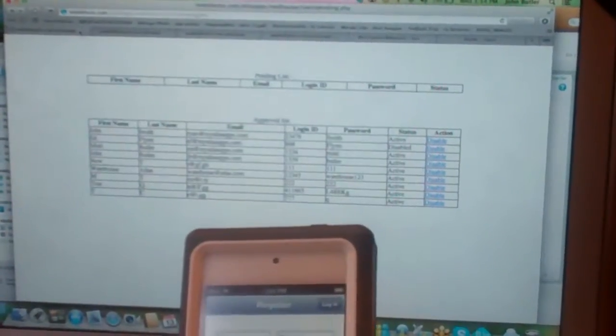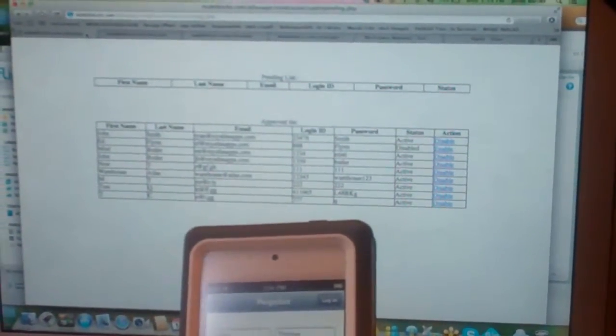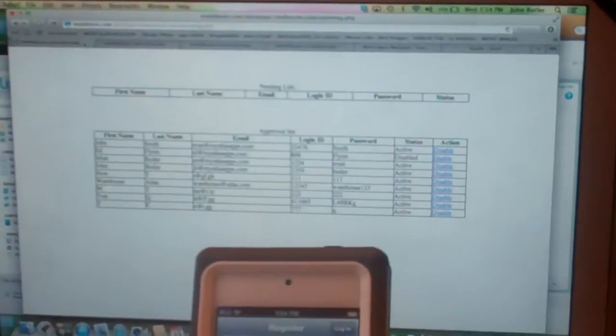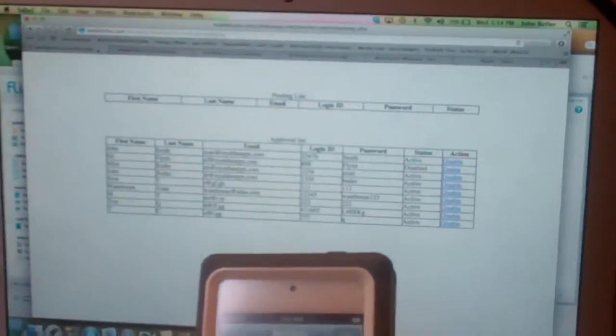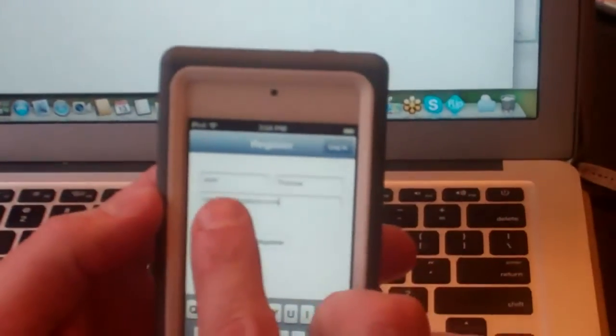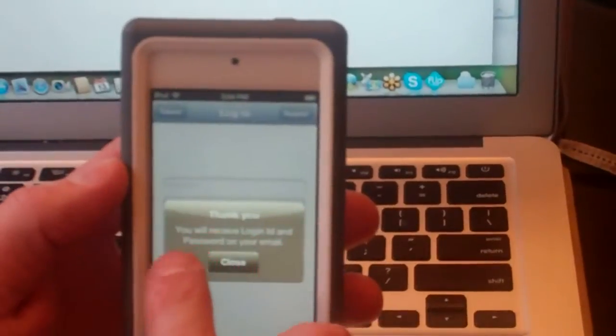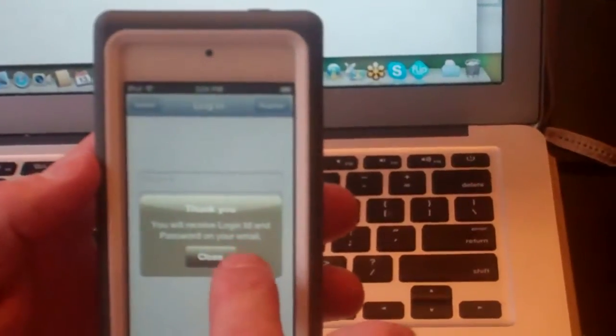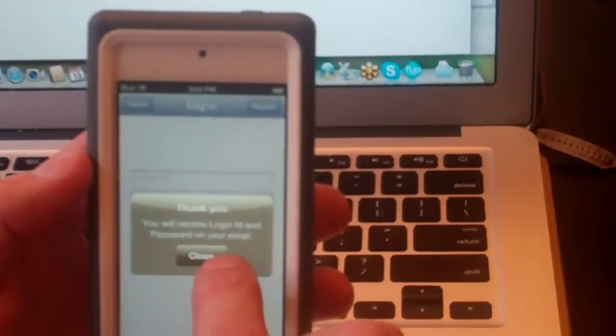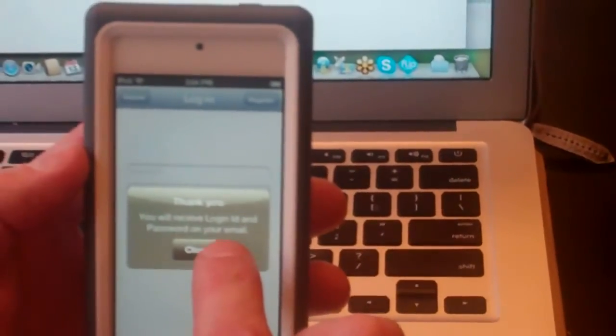This is part 2 to the Atlas Apps medical device tracker using the Griffin technology OLLI sled. We talked in the first video about registration from the application to secure the user base. You simply go to the registration page, type in your name, first and last, and your email. After that's submitted, you receive a thank you message that your login and password will be sent to you via